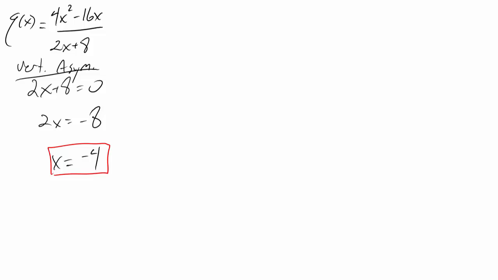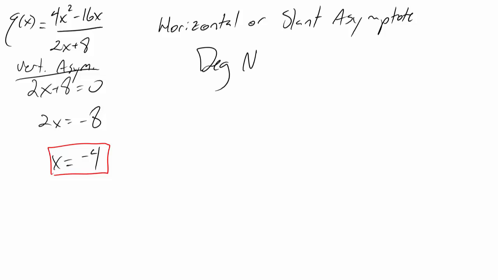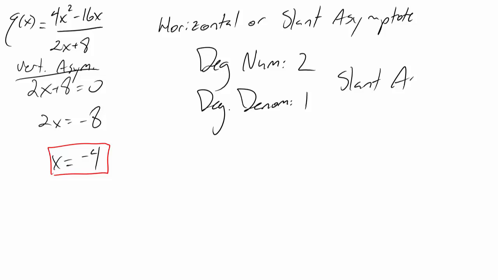And finally, what we're going to work on is determining if we have a horizontal or a slant asymptote. And the way we're going to do this is by comparing the degrees of the top and bottom. So we look at the degree of the numerator, which happens to be 2, and then we want the degree of the denominator, which is 1. And with the degree of the numerator being 1 larger than the degree of the denominator, this tells us that we are going to have a slant asymptote,